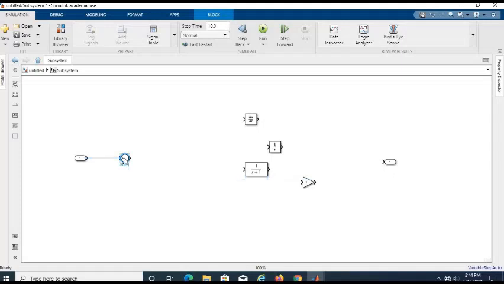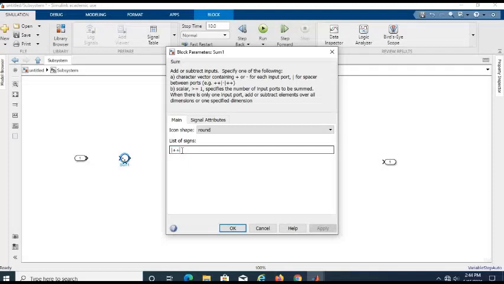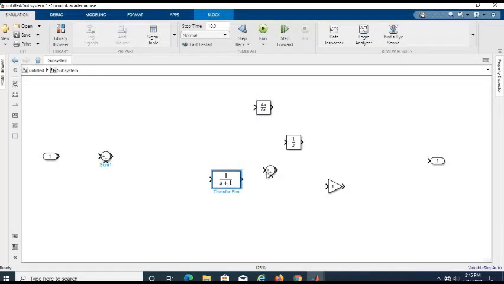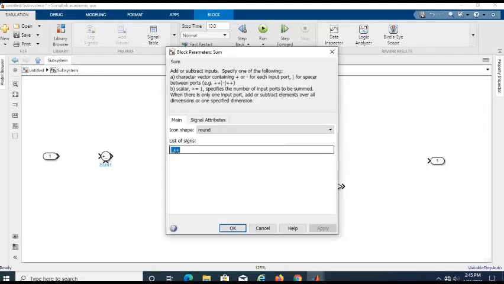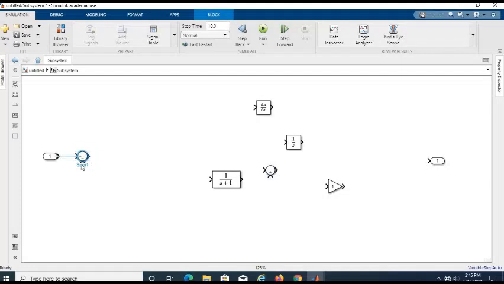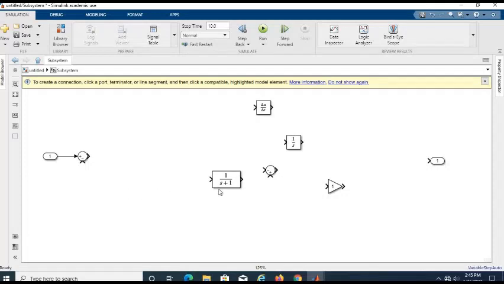The first step, because of our system, we change the summing block to plus minus, yeah. Okay, and then the second is minus plus, yeah, minus plus. Okay, that is the input. We connect, and then